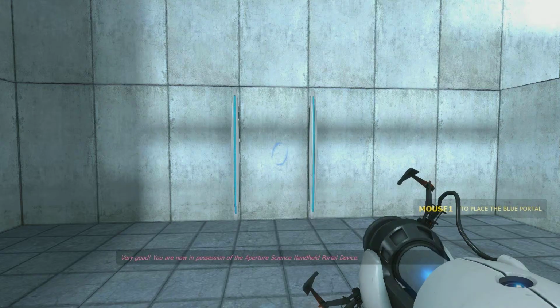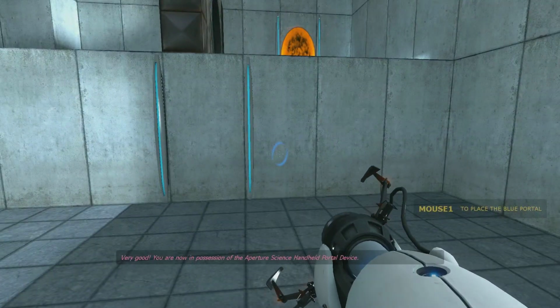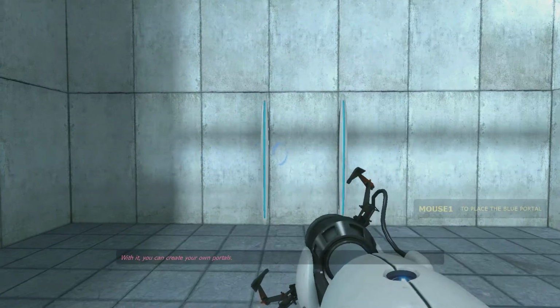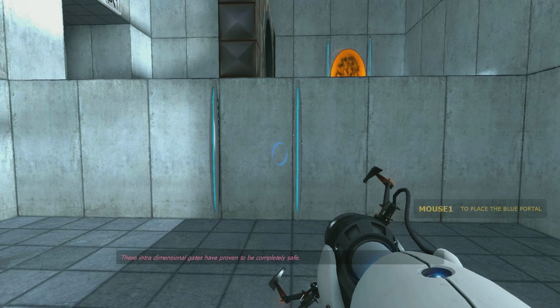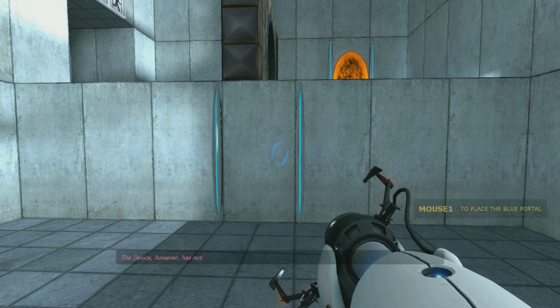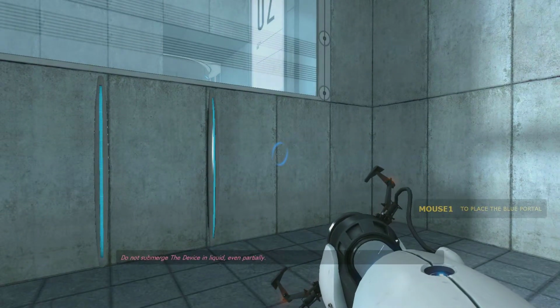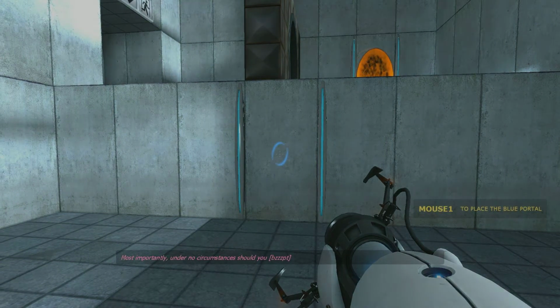Hey! Good. You are now in possession of the Aperture Science handheld portal device. Oh, a handheld With it, device. You can Sweet. create your own portals. Can These I? interdimensional gates have proven to be completely safe. Well, what was The that talk device, about the however, dental has fillings? not. Do not touch the operational end of the device. But why Do not? not look directly at the operational end of the device. Why not? Do not submerge the device in liquid, even partially. Why Most not? importantly, under no circumstances should you...